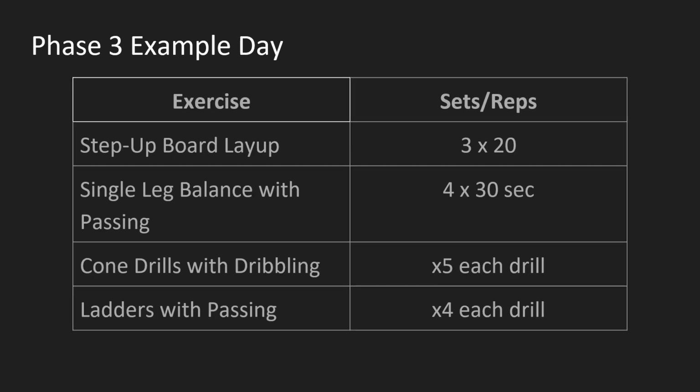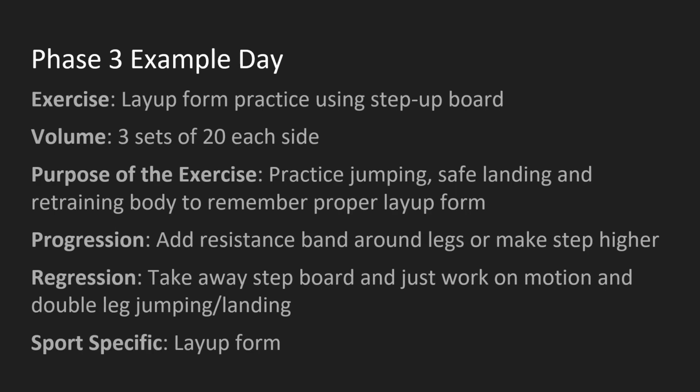So this is what an example day of phase 3 will look like. The first exercise will be a layup on a step-up board. So we'll do 3 sets of 20 just to get a lot of repetitions in and work on muscular endurance in this pattern, since layup is a common shot in basketball. We want to practice jumping, practice safe landing, and retraining the body to remember the proper layup